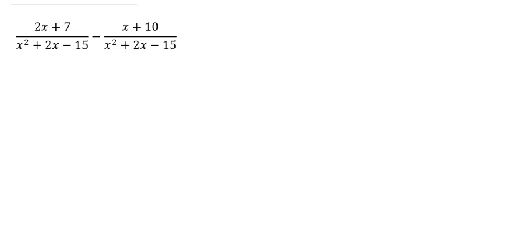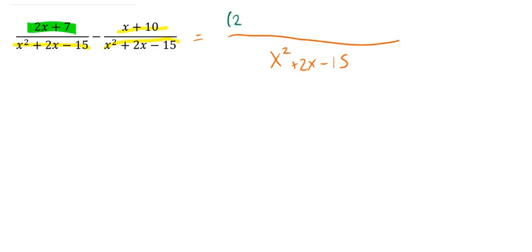This problem, again, I already have a common denominator. That's nice. So I know my answer is just going to be something with that common denominator. And just like with fractions, I subtract the second one from the first one. I do 2x plus 7 minus x plus 10. Here you should look at it and see how this gets